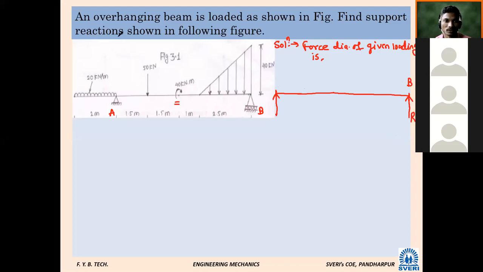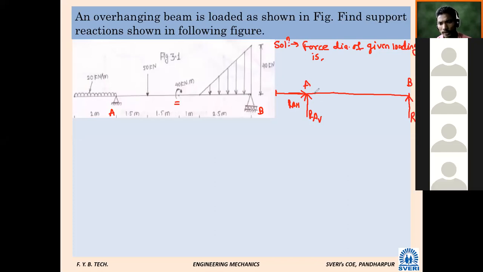Sorry, here it is not a reaction. Where is that reaction? It is here, at point A. So here there will be a reaction at point A. RA, what do I have to say? V. So I will consider RAH reaction, horizontal towards right. I am going to assume. I don't know where it will come. After calculation I will come to know. I have assumed the RAH reaction towards right, but if it comes negative after calculation, then it is going towards the left-hand side.